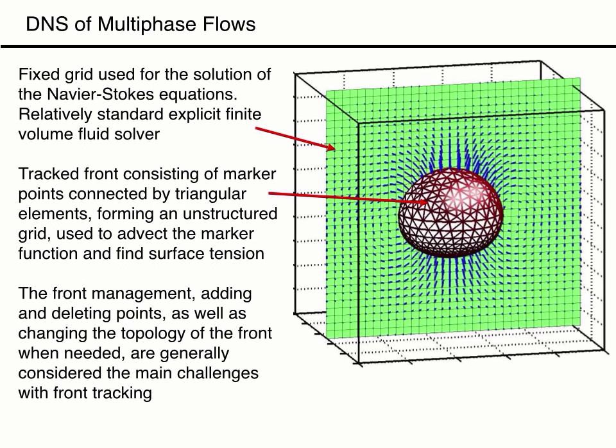Thus, it is usually necessary to update the grid once in a while to maintain the resolution. This updating, where we need to add and delete points and elements and sometimes change the topology, is generally considered the main challenge with front tracking. In the next lecture, we will focus on two-dimensional flow, where the front is simply a one-dimensional curve and adding and deleting points is